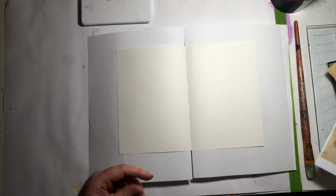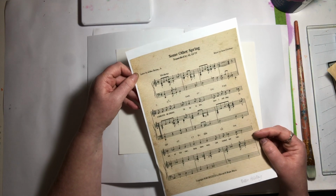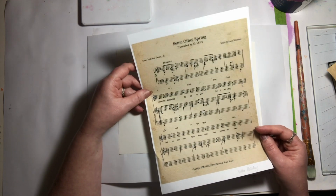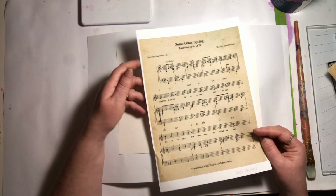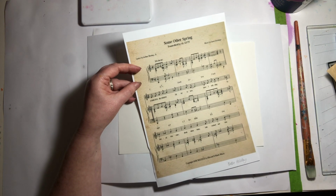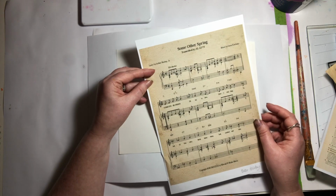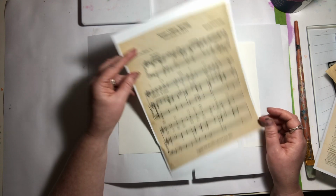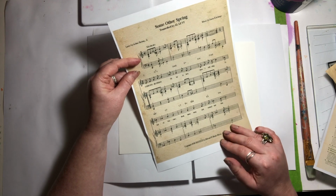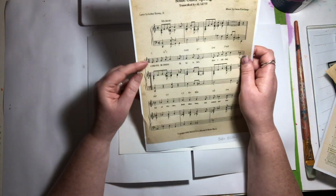It's going to be inspired by the spring, inspired by the Mud Island Community Garden as well, and all that happens out there, especially this time of year, with everything beginning to grow and seeds being planted. And so I thought spring would be a nice theme. So I've got a printout of a music sheet here of a Billie Holiday song, Some Other Spring, and